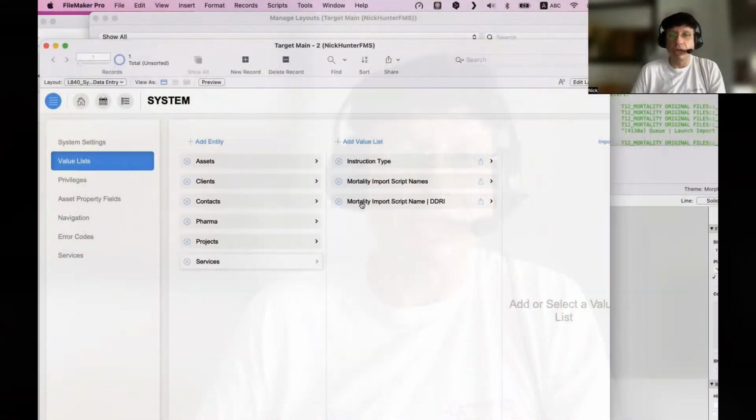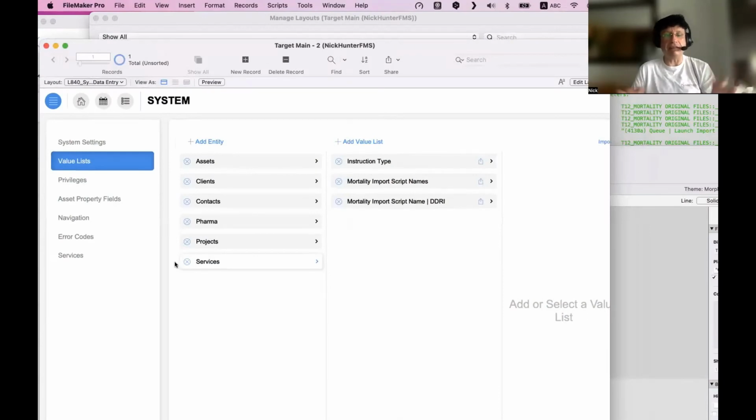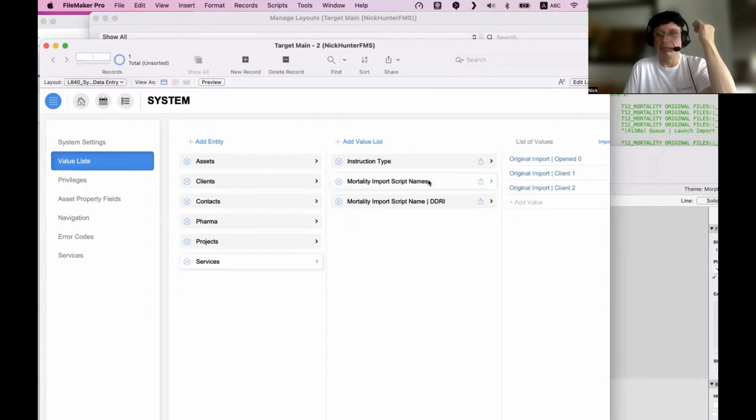So I'm unsharing, and I'm going to check if I can show you the layout. If I can, I will show you. Here, this is my value list system. You know, I've shown you many times that you can create your value list in FileMaker, right? So here I have the modality import script name.